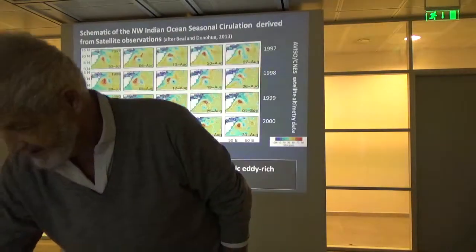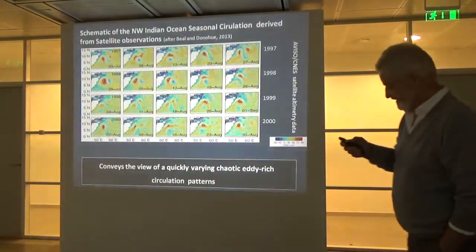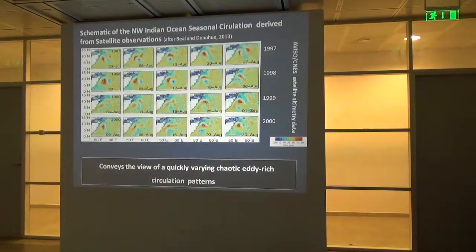When you look at altimetric observation, high frequency altimetric observation, they give a slightly different picture. So here, all those pictures show the sea surface elevation anomaly in 1997, seen from the satellite, from July to August. So this is just 1 month. Before I showed you an annual cycle, that's why I call it slowly varying. And here what you could see is the Great Whirl, and then you see there is a large, significant cyclone attached to it, then another anticyclone over here, and you see these things rotating around, moving,